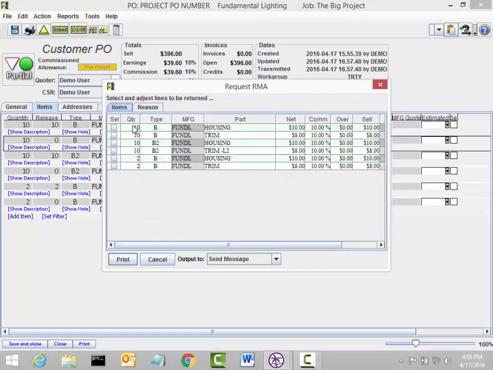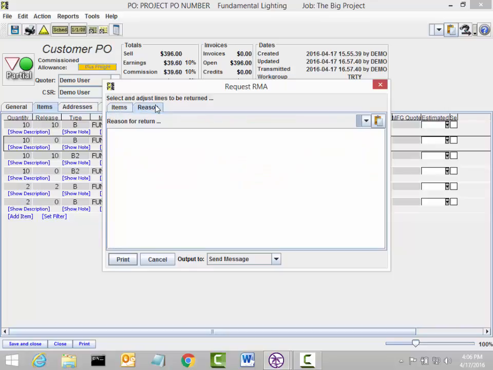All I need to do is take that first line, I'll key in the number 2. That just identifies the quantity that needs to be shipped. And I can make any other changes here as well. So if there's a part of this item that had been defective, like maybe a lens on a 2x4 troffer, I could just say lens there and then the catalog number. Whatever it is that you need to do to communicate this to the factory is basically what you add in there. And the reason,